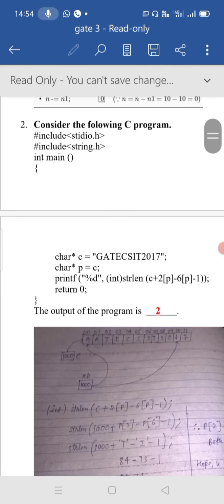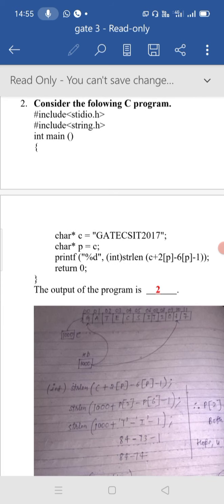Next question is, consider the following C program, and in this C program we have one main function. Inside the main function we have two character pointer variables, and the first variable is c, and c contains the value "GATECSIT2017". That is what the image shows.